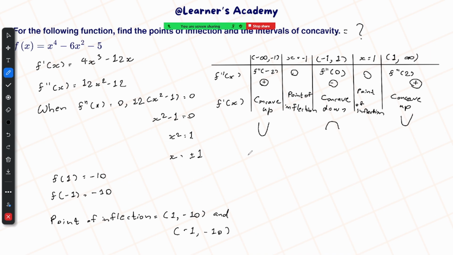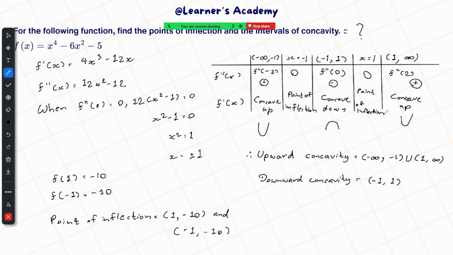Alright, so from this we can conclude that the intervals of upward concavity include negative infinity to -1, union 1 to infinity, and then downward concavity is -1 to +1. So if you look carefully at this, it's kind of similar to the way that we find